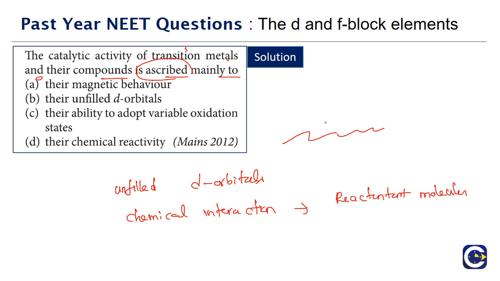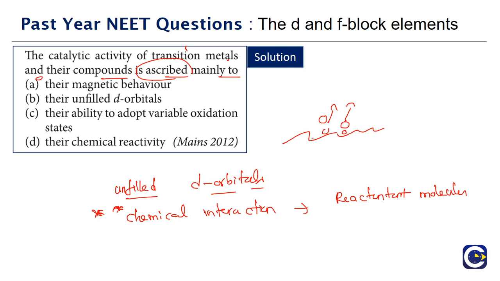So we have a catalyst surface, the reactant molecules will be able to come and approach. Now once the reaction is over, the product will be leaving out of the surface. So the existence of unfilled d orbitals is what will help in having this chemical interaction. So the atoms of catalyst on the surface and the reactant molecules or atoms